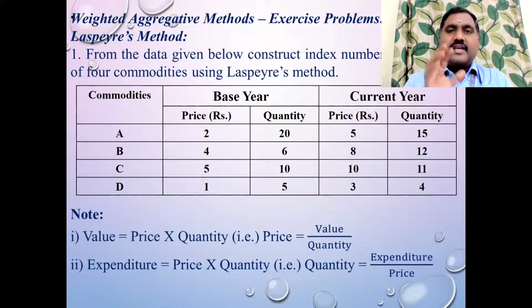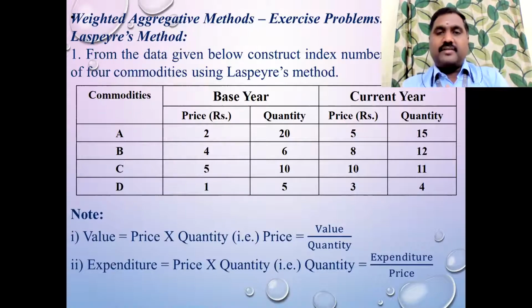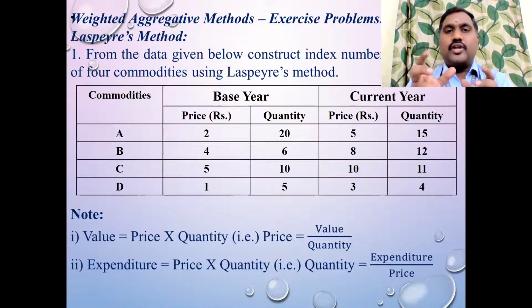So like that, in some problems, they will not give one of the values directly. If price and quantity are given, it's simple. No need to apply this. You have already got the P and Q values. Sir, in the problem, they didn't give the price at all. They gave only value and quantity. How to calculate the price? Then you find price equal to value by quantity. Or if you want to calculate quantity, quantity equal to value by price. You can use this formula in any way. According to which one you want, you alter this formula. Is it clear?